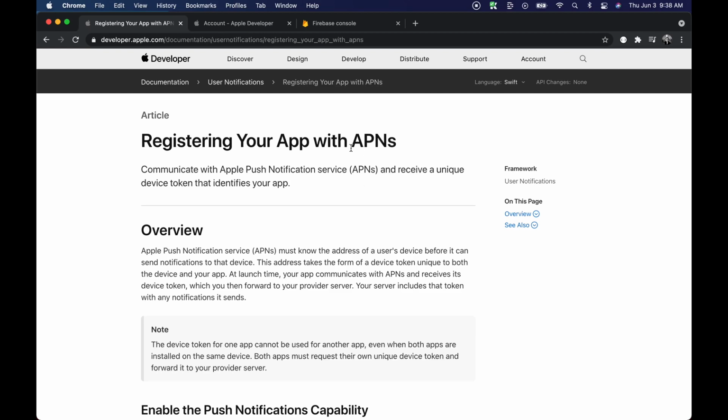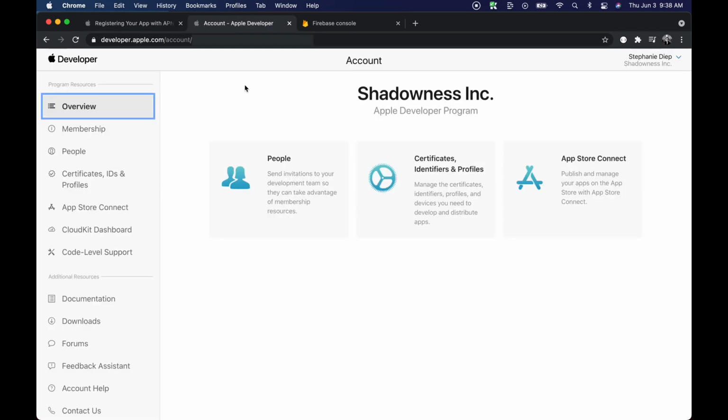In order to send push notifications to an Apple device, it's required to get an authentication key or authentication certificate from the Apple Push Notification Service. We'll be using the authentication key method because it's recommended by Firebase and you don't need to deal with the development and production environments. To get our APNS authentication key, navigate to your developer account, so at